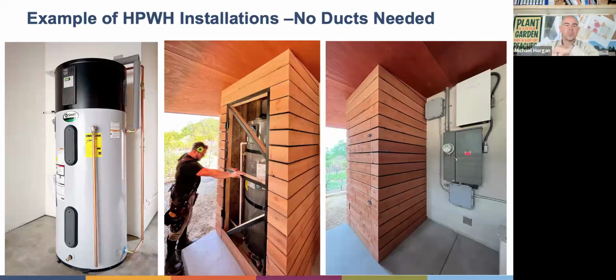And so these are two examples of installs we've done where we have a unit inside a garage, mid installation on the left there. That's an A.O. Smith. I believe it's an 85-gallon tank. Real simple installation inside a garage. A benefit of heat pumps is that they're exhausting cool air, not cold air, but cool air. So in a house on the Central Coast that has an unconditioned garage, which a lot of people ask for, to save a few bucks on the project, you're actually